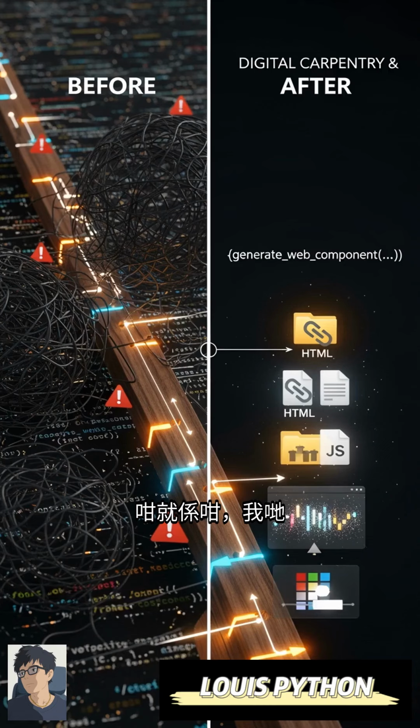And there you have it. We went from a mess of disconnected AI-generated snippets to a complete, functional, and perfectly structured web application with a single Python command. We didn't just prompt our AI, we programmed it to build. This is how you stop being a code janitor and start being an architect, turning AI's raw